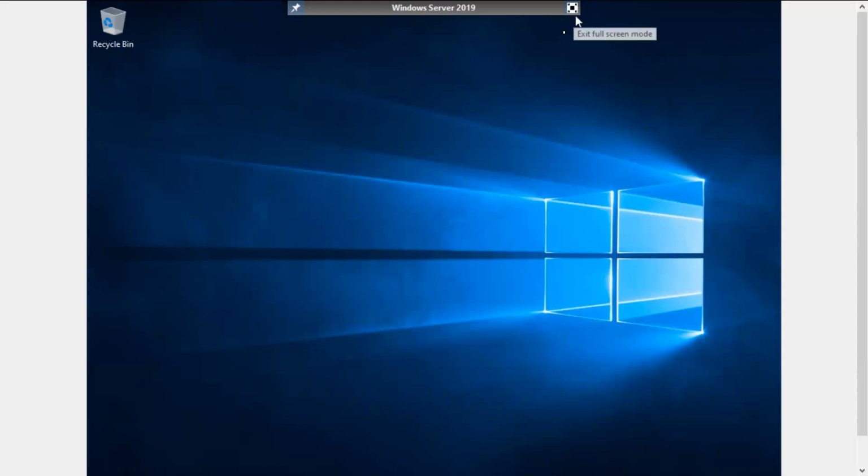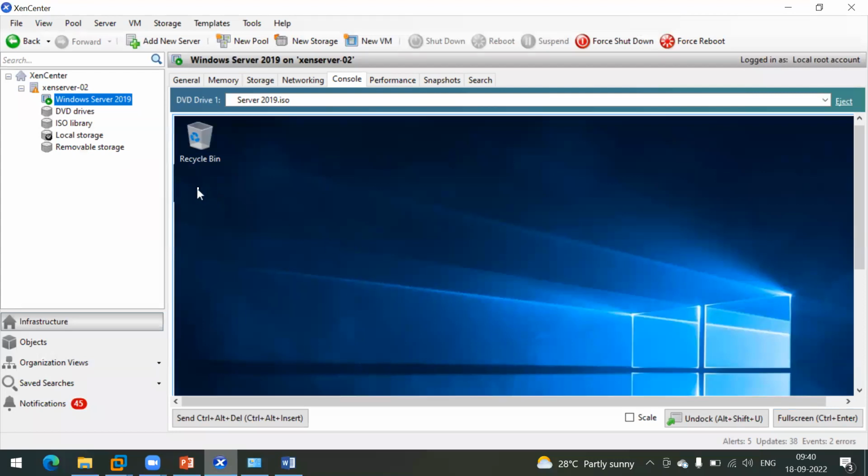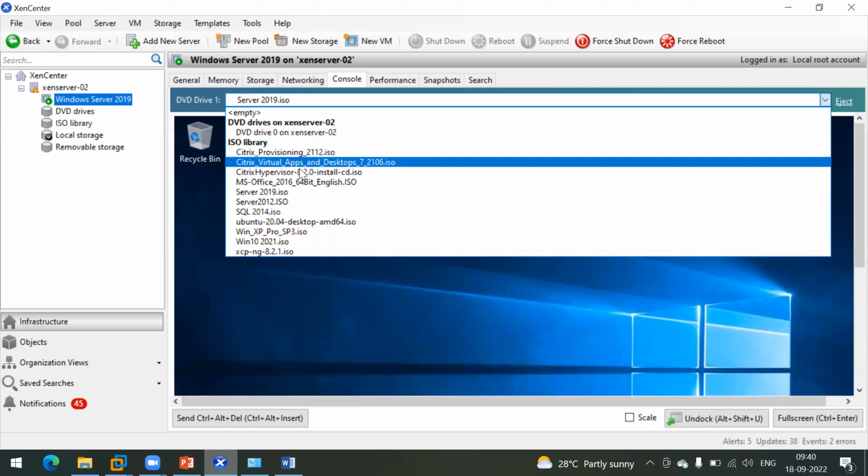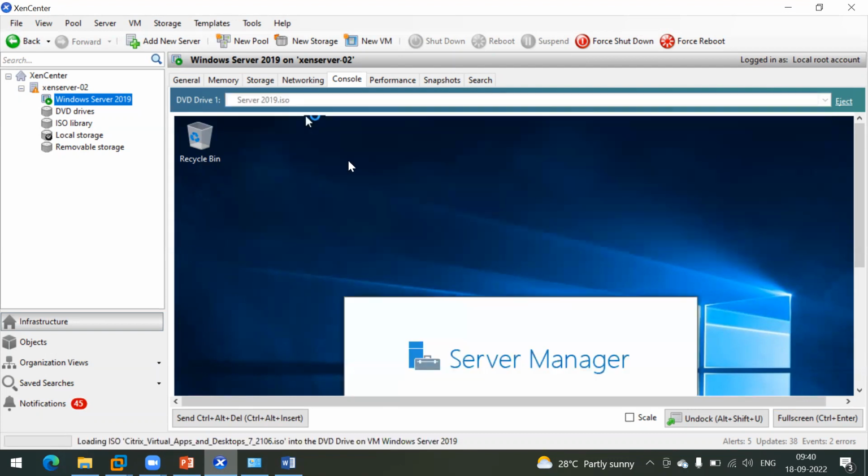Okay, so what we have to do now is install the VDA agent, and I have already logged in with the domain user account. For that, we have to mount the ISO media. Here is the Citrix Virtual Apps and Desktops ISO. Okay, so I'm going to mount it,